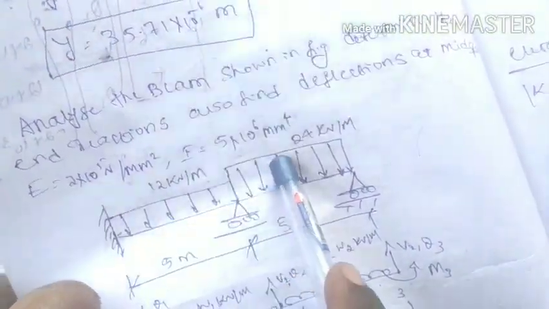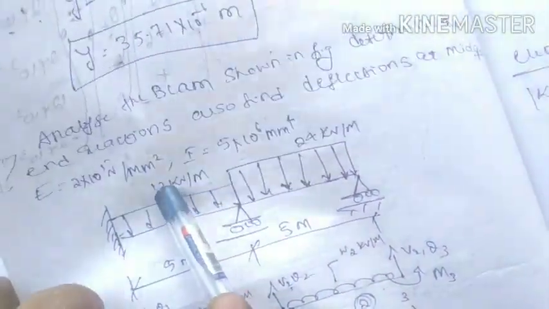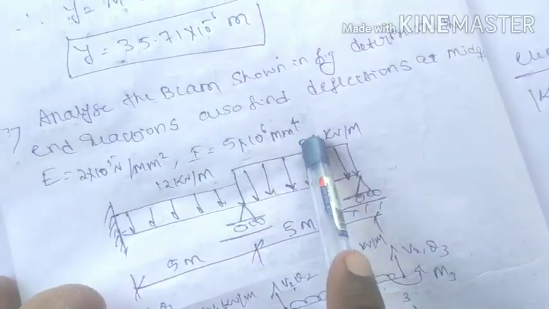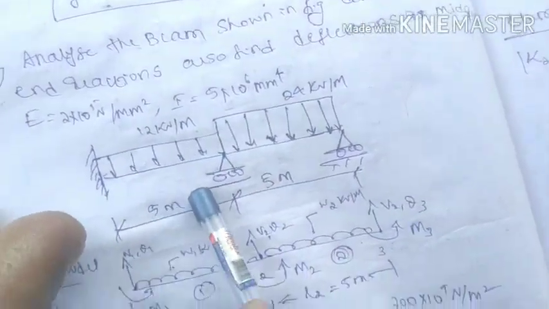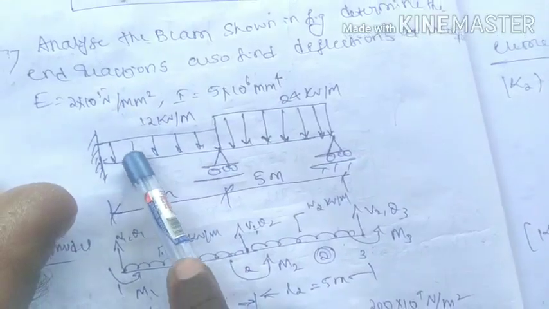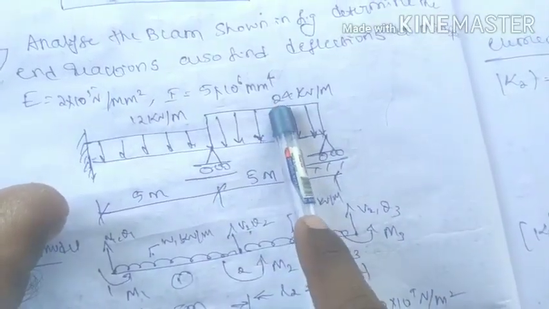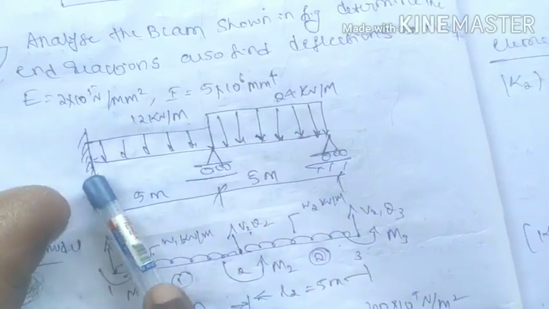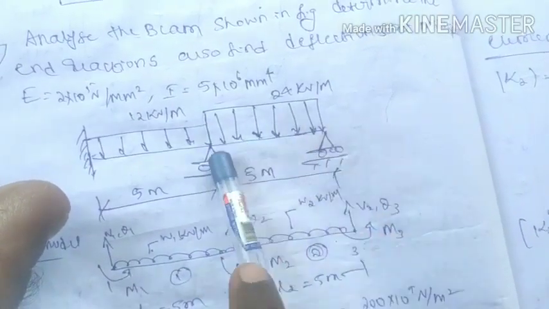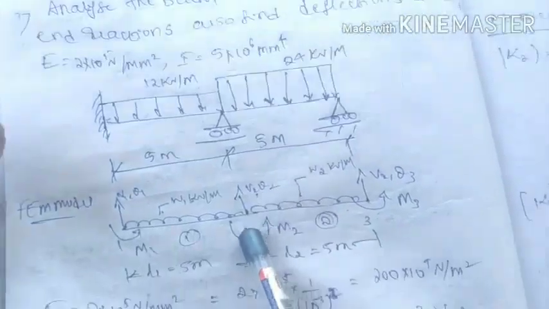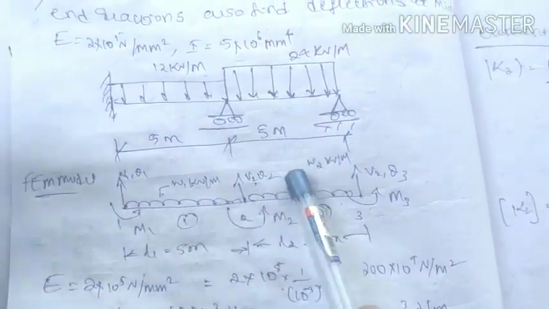here also the load is given, that is uniformly distributed load. Here the value is different. Here the magnitude is 12 and here it is 24. The span length of the beam is 5 meter with 12 kN acting, and up to another 5 meter, 24 kN is acting. It is completely fixed here. Again here the roller support is given. So therefore you can show the corresponding FEM model.